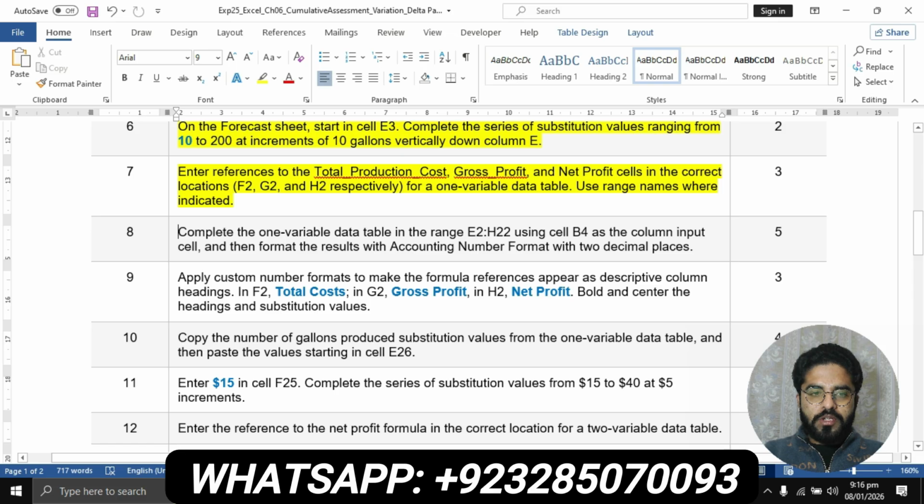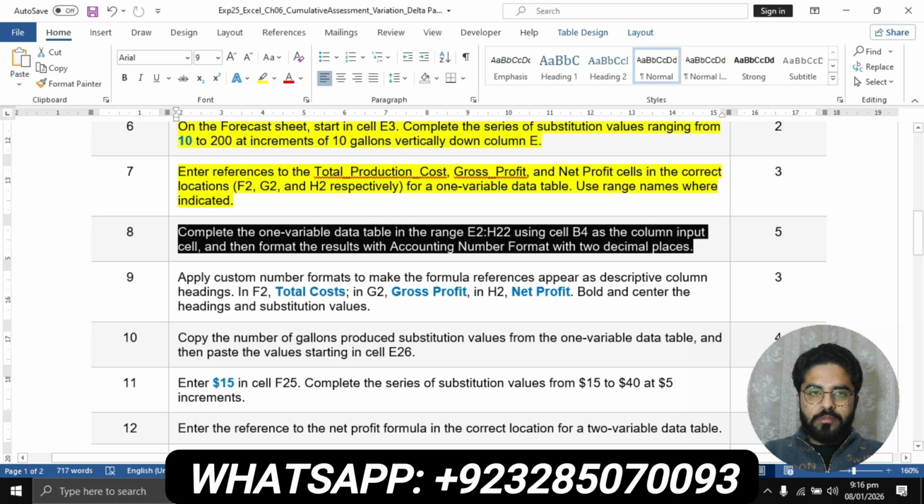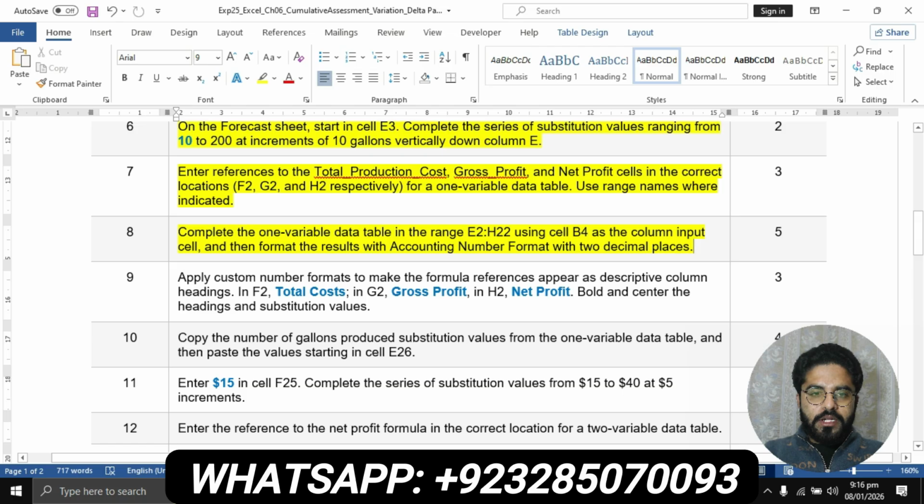Now we will move to the question number 8. Question number 8 is complete the one variable data table in the range E2 to H22 using the cell B4 as the column input cell, and then format the result with accounting number format with 2 decimal places. First you will have to select this range E2 to H22,